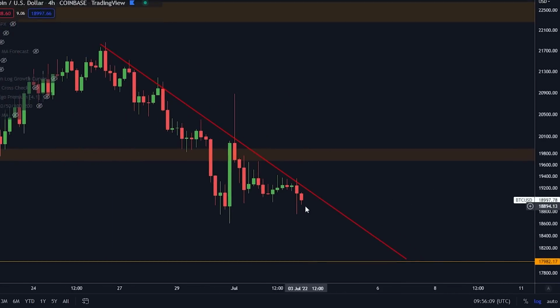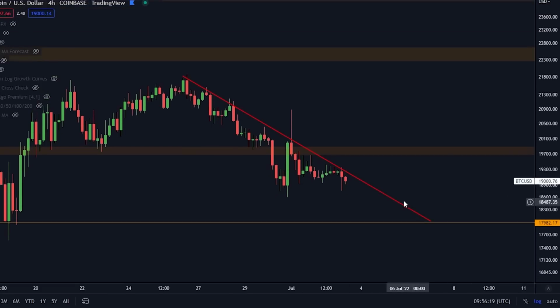This is important. No matter which one of these happens, I do believe that you are going to see some significant moves in either direction depending on which way it goes. So that is one thing we're paying attention to right now on the charts. But let me show you this